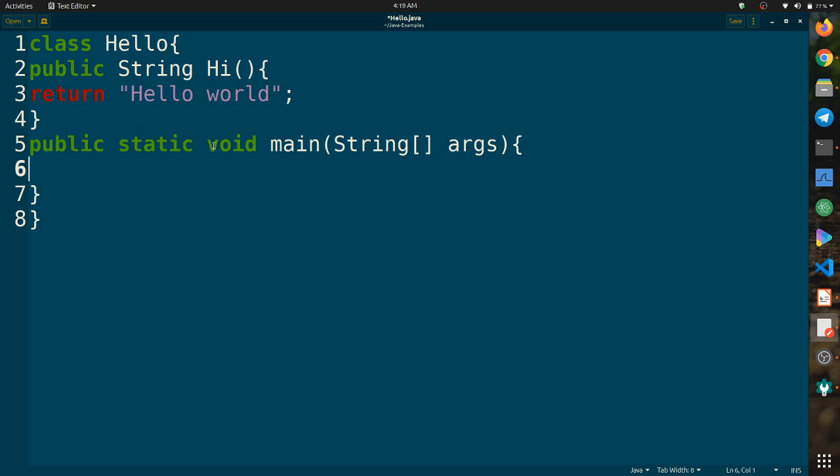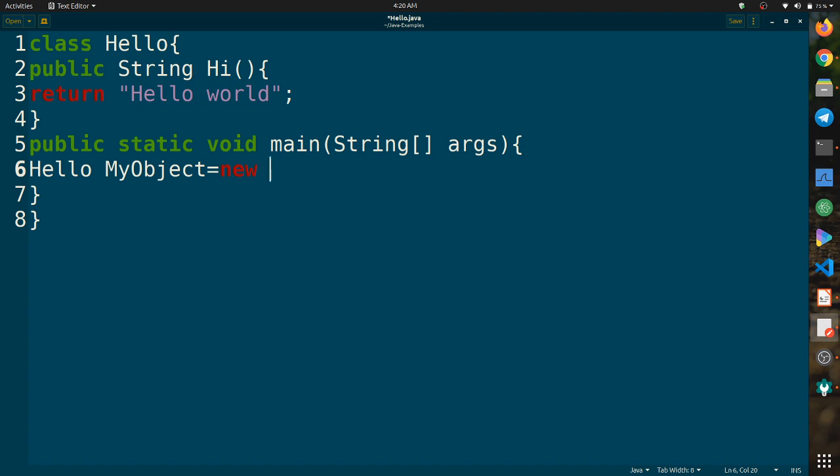This is the main method. All the execution of your code will begin from here. So let's create an object of a class. To create an object, you need to type your class name, which is Hello, and any name you want. This should be some identifier, so I would name it myObject equals new.